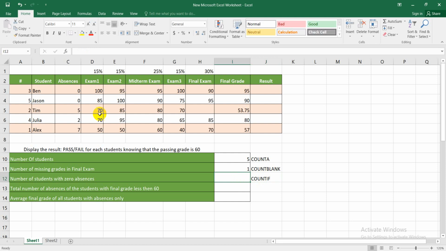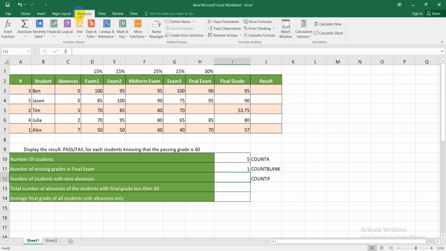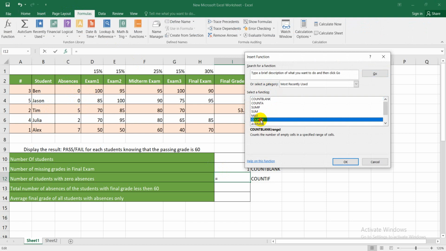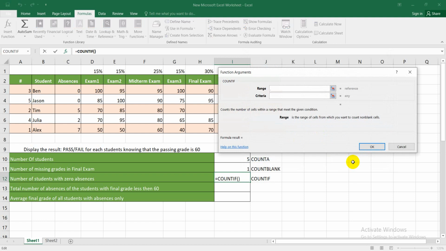So here we need to find the number of students that have 0 absences only. So let's insert the function called CountIf. The CountIf function counts the number of cells within a range that meet the given condition, which means based on a certain condition. Now if I click OK,